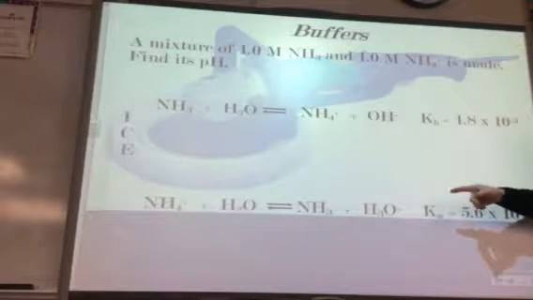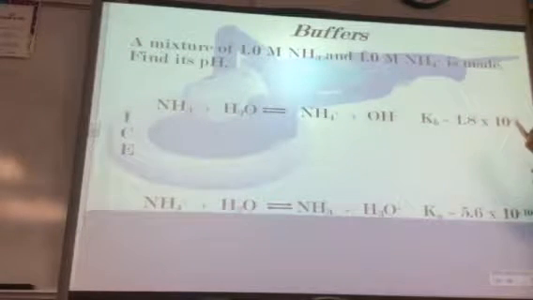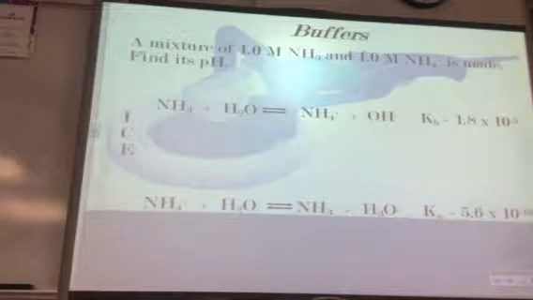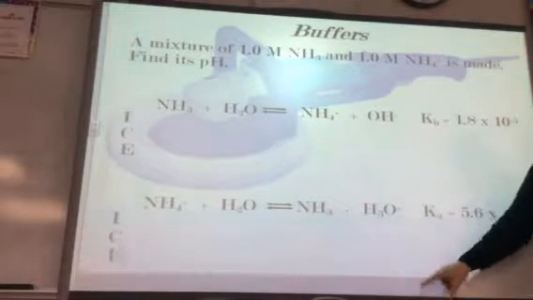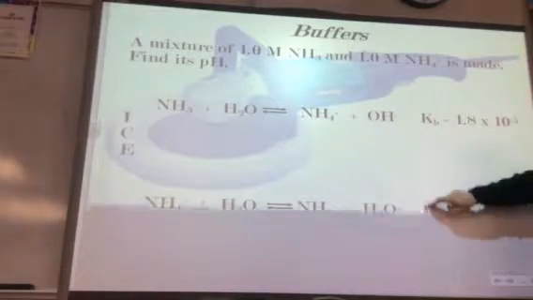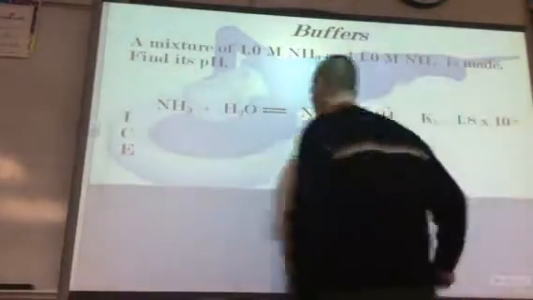The Ka of NH4 and the Kb of NH3 are related to each other. They're not the same thing, but how are they related? They multiply together to give Kw, right? This is just that divided into Kw. So anyway, it doesn't matter which way we do it. You could do it either way. You'll get the same pH value. So we'll just do it this way. And running through this,